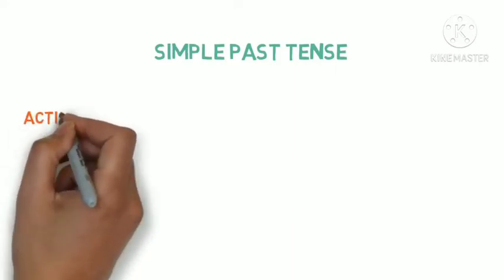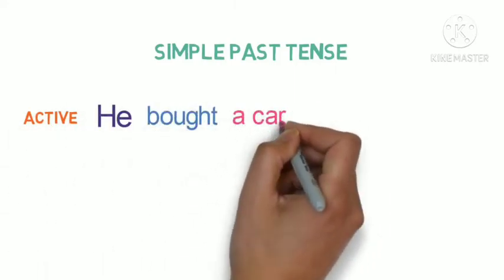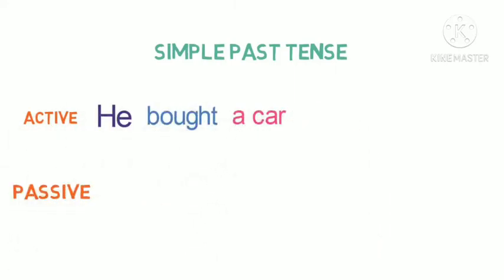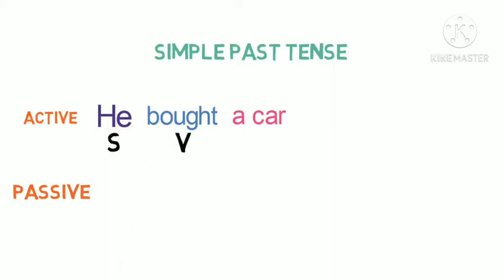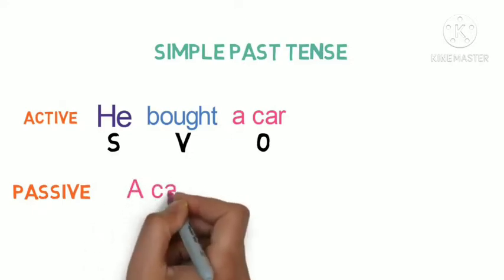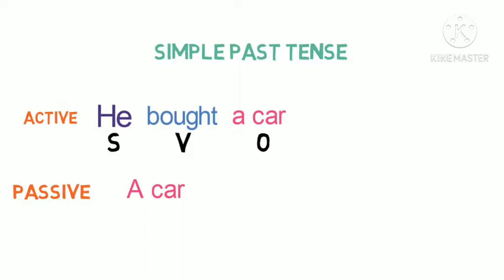Next one, simple past tense. So in active voice, he bought a car. Then we need to identify the subject, verb and object from the given sentence. So he is the subject, bought is the verb, and a car is the object. Next step, swap. So a car should be written first, then he will change into him as an object,